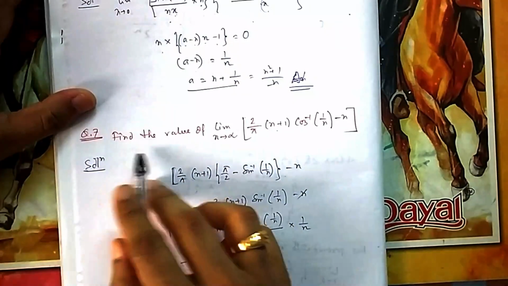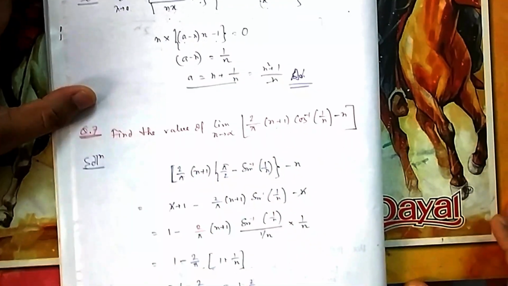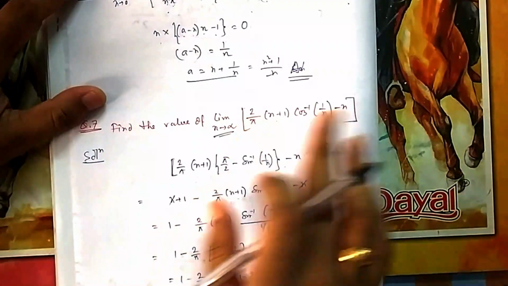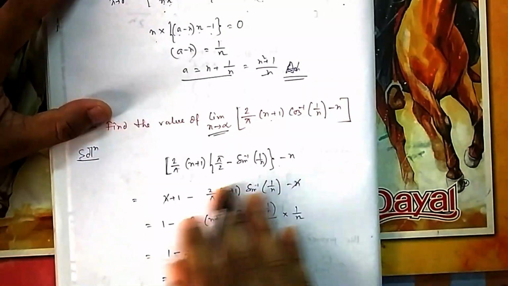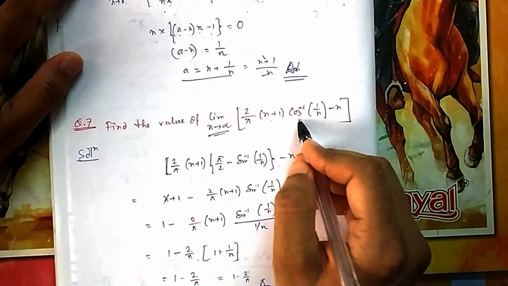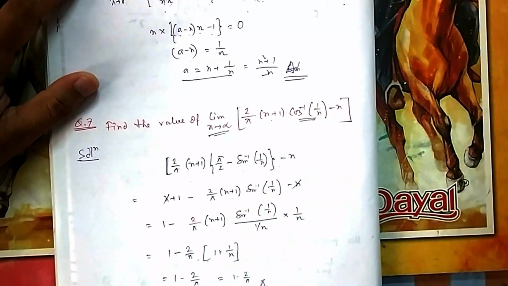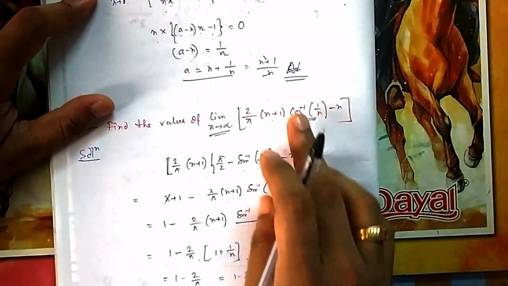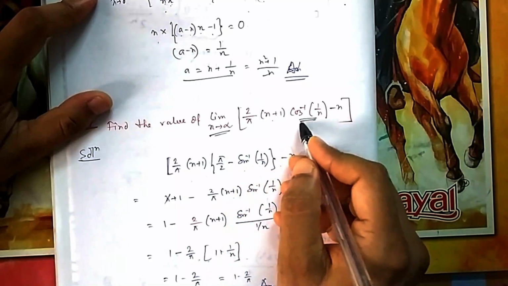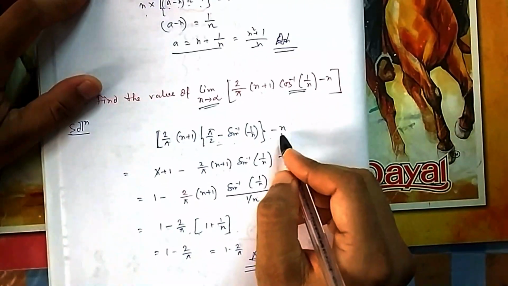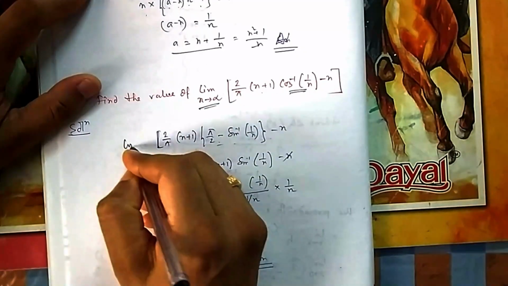Now if you see question number 7, find the value of this one. Now if you see infinite, don't apply poly by poly. That will be only for an algebraic expression. It is not algebraic. So if you see this one, 2 by pi into n plus 1 and cos inverse x, I am writing sin inverse because I have only one formula for inverse, that is sin inverse or tan inverse. So you have to go to sin and tan every time. So cos inverse, this is the standard formula that I am using, and this is n. Your n tends to infinity, that is always there.